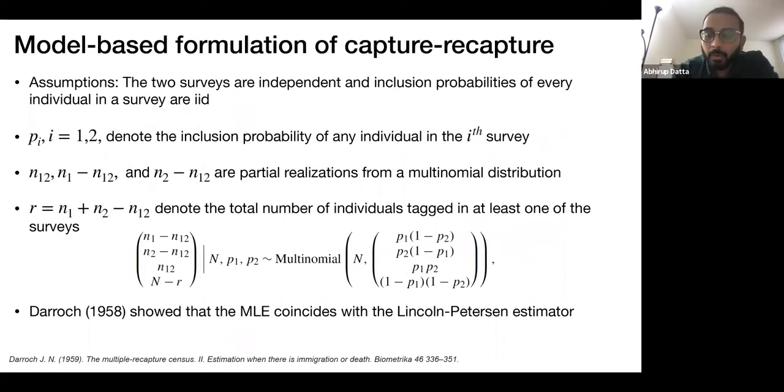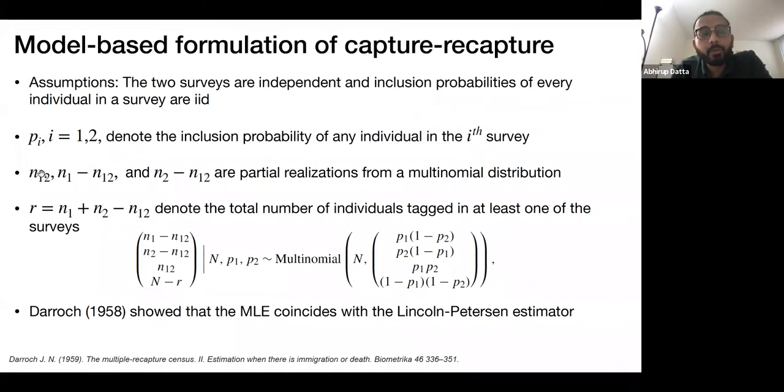There is a model-based version of Recapture, and I'll introduce it because it is required in the method that we develop, and also it makes the Recapture methodology more flexible. What the model-based version does is that it relies on the same assumption as the original method, but then it derives a model under which we'll get the estimate of the population size. If we denote P_i as the inclusion probability of an individual in the ith survey, so there are 2 surveys, so there are 2 of these quantities, P1 and P2,